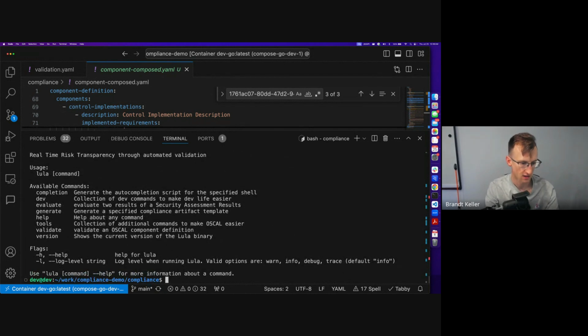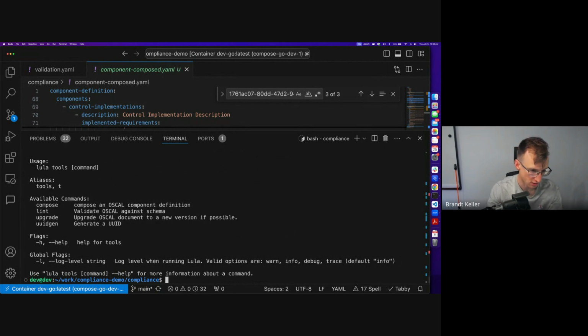And then outside of that, it's just other OSCAL helpers, right? So I showed compose for composing OSCAL into a single OSCAL model file. If you want to lint OSCAL, this is more of a JSON schema linting activity, not the full breadth of what the OSCAL CLI provides for rule sets, but it works with whatever version of OSCAL you have. And so if we were to run Lula tools lint and pass in the component definition,